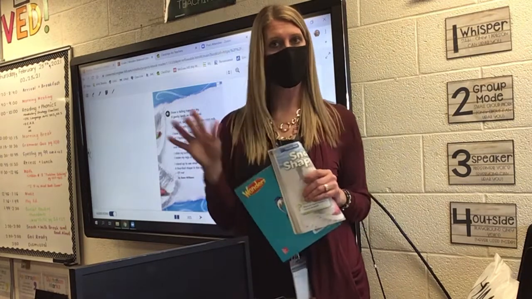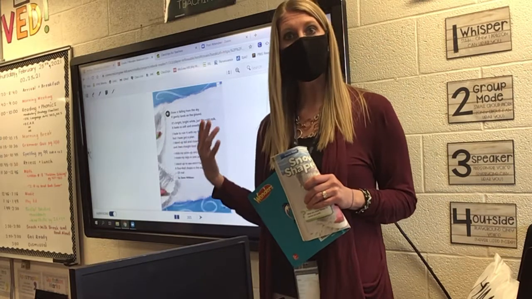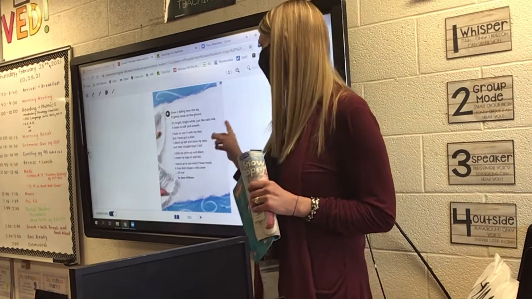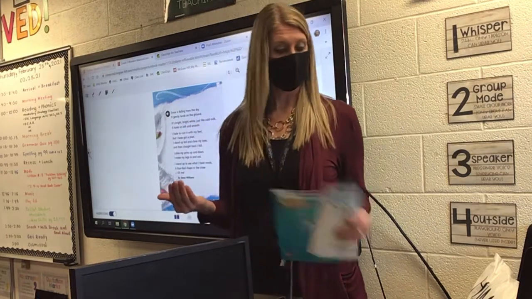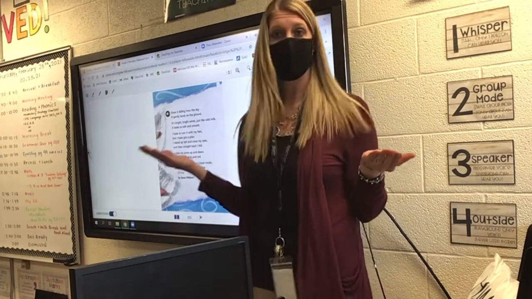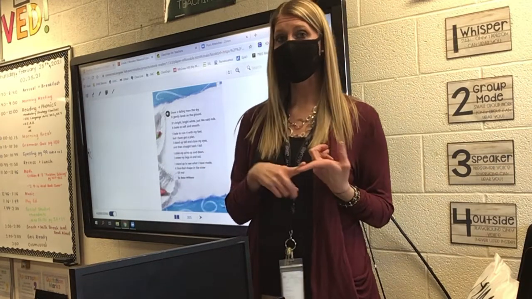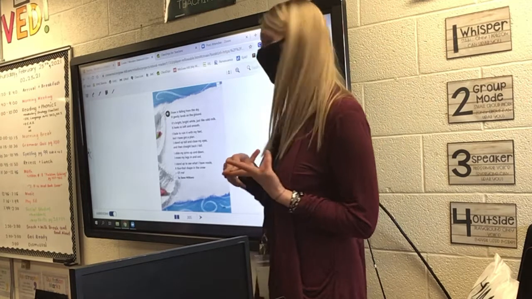So bright, bright is repeated twice to make you see or feel how bright that snow is. And then it compares the snow to cold milk. So you can compare the bright white snow to the cold milk. So right there in this poem, I see that the author is using repetition and the author is also using